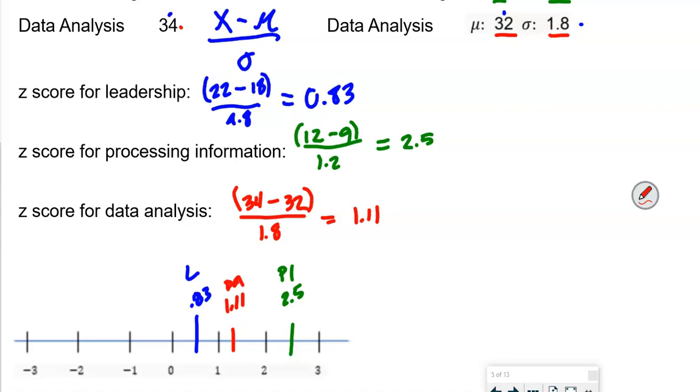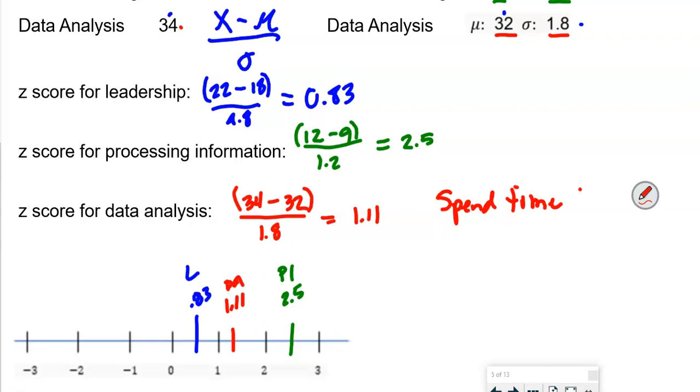So if we were to look at this, moving from left to right, we could tell which one she needs to spend the most time on. So it looks to me like she needs to spend the most time on leadership, and then data analysis, and then processing information. Processing information was much higher than all the rest, okay? So if she's going to make a decision about how she's going to study, she needs to spend time first